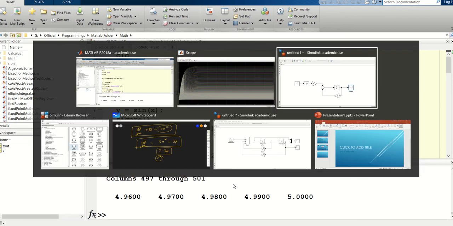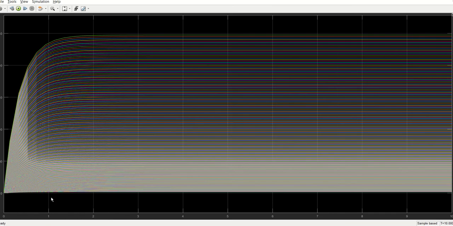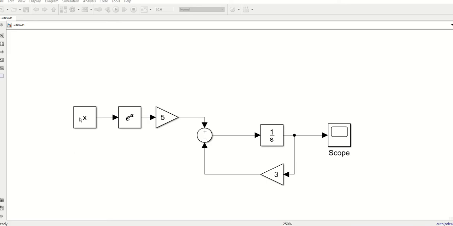For different values of x, it has supplied the input. Instead of doing it this way, with so many values of x, I'll just put this constant value as some particular value.